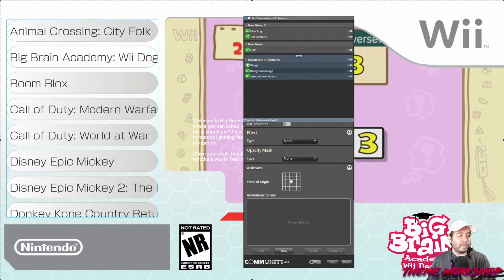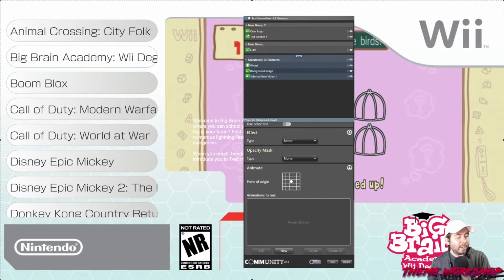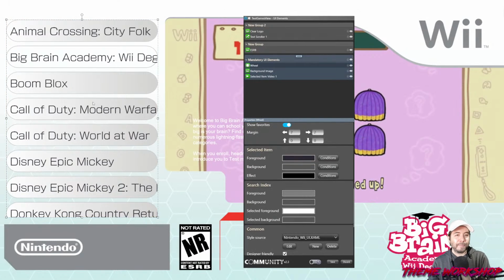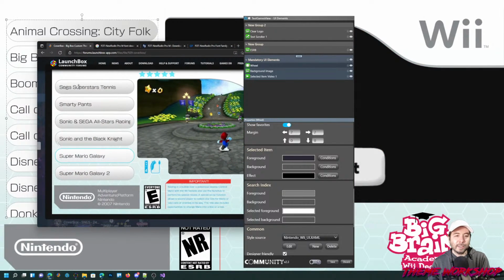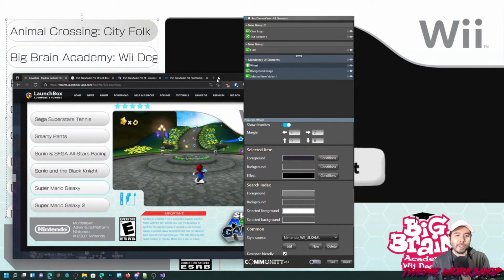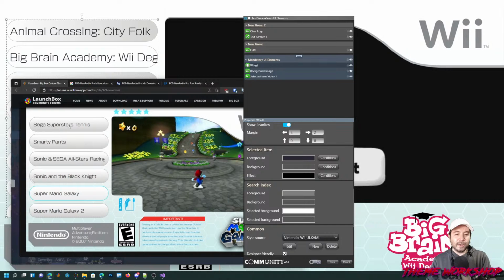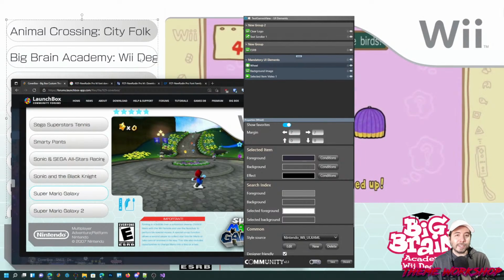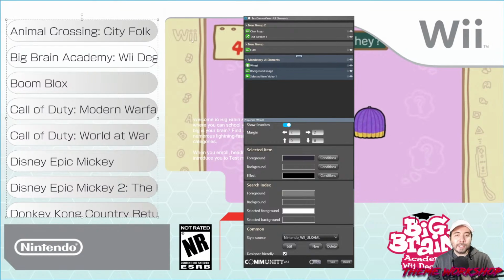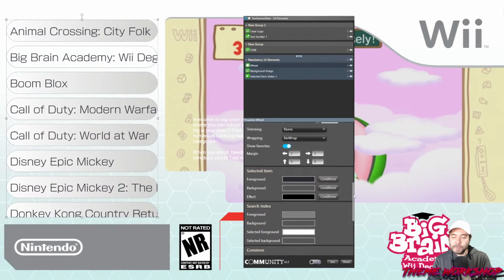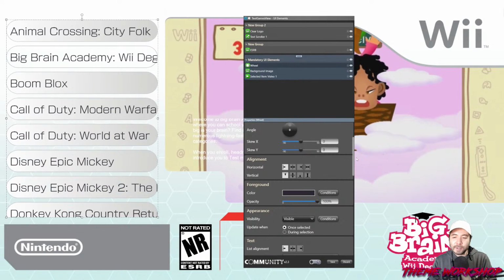Now let's get back to what we're doing here. We're basically looking at the text lists and we're going to find out how to make it look like this. My CoverBox theme version. We need this to look the same as this. Not quite looking that way, is it? And I realized that if I wanted to have a background, I thought, for some reason in my head, that there was a background